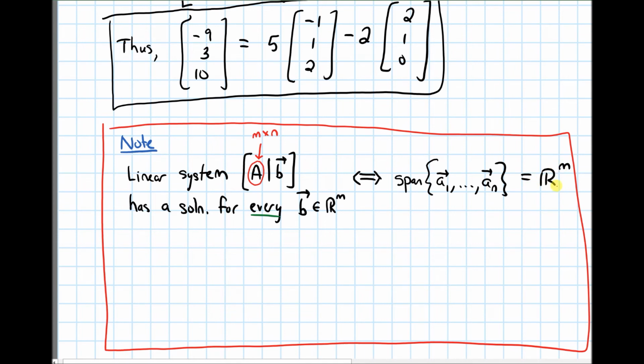Basically, what we're saying is every single vector in Rm can be written as a linear combination of A1 up until An. So these two statements are equivalent. But how do I check that? How do I check this in practice? So this is true if and only if